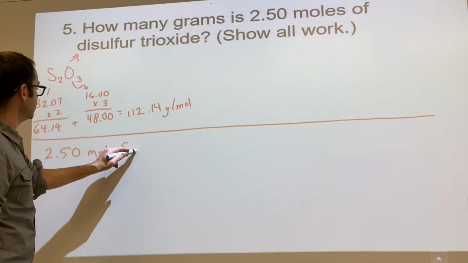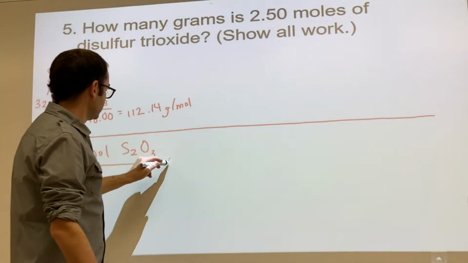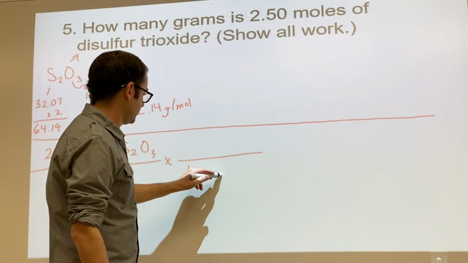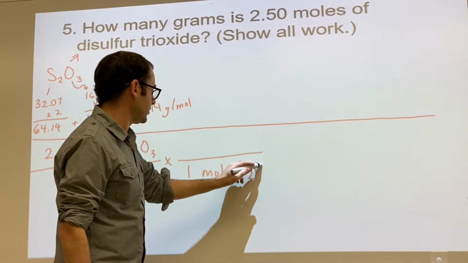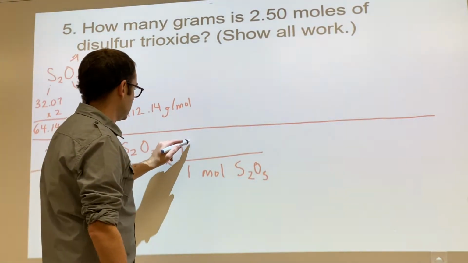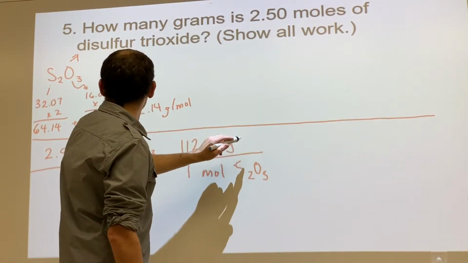moles of S2O3. All right, what's gonna go on the bottom? 1 mole of S2O3. What's gonna go on the top? Good, 112.14 grams of